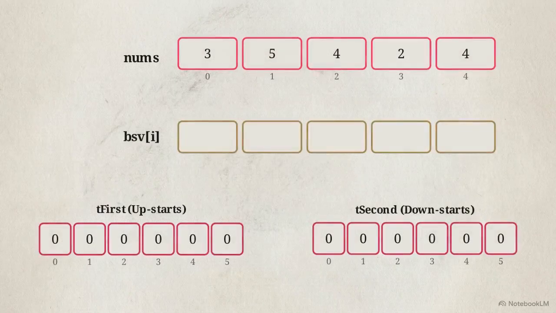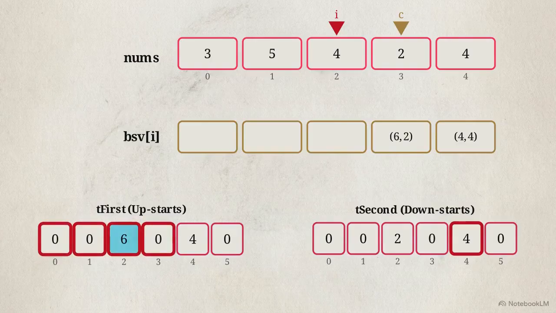Let's trace example 2. We start at the end of the array, index 4, value 4. The trailing pointer hasn't entered the array yet. Both queries return 0, so our current DP state is simply the value 4. At index 3, value 2, the trailing pointer releases index 4 into our trees. Our query for values greater than 2 finds the 4 we just released, giving us a sum of 6. At index 2, value 4, we release index 3 into the trees. We query for values less than 4, find the 6 we stored at index 2, and update our local maximum